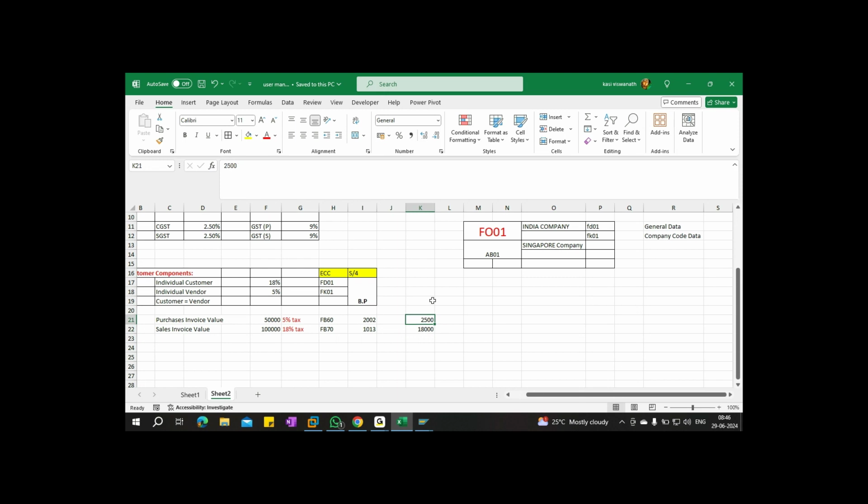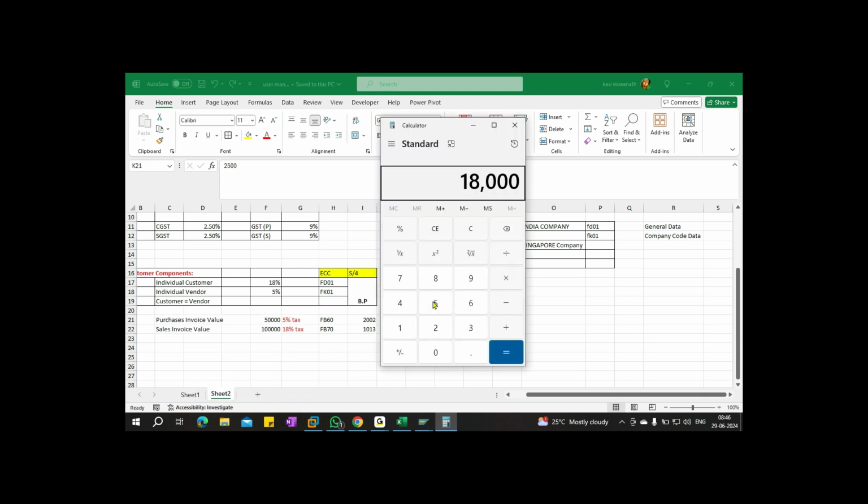But in the purchase, company pays amount to vendor. How much value? 50,000 plus 2,500. Right? So we received 18,000, minus we pay 2,500. So this is the defer value, tax defer value.